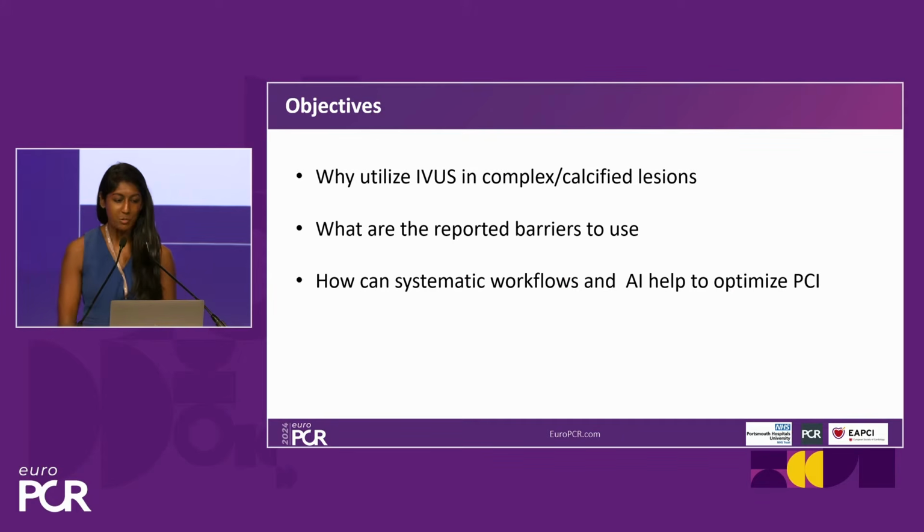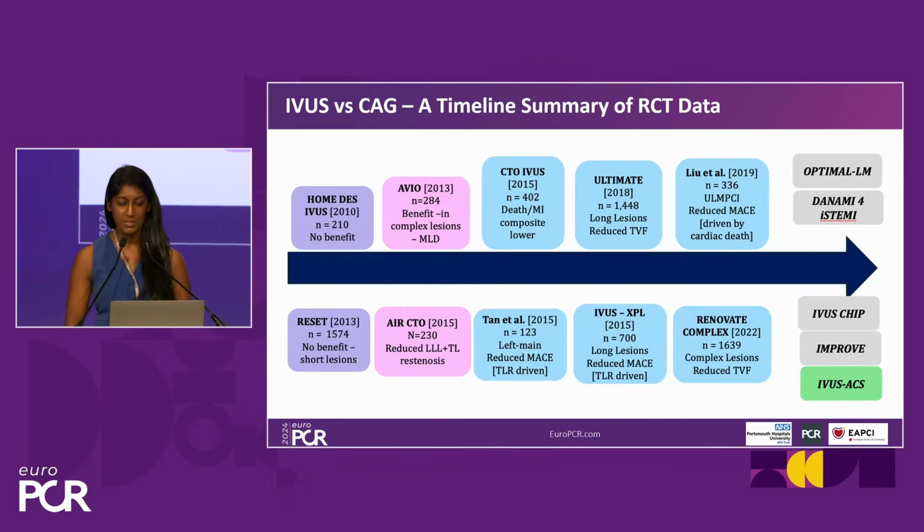So our objectives are to briefly look at why we should utilize IVUS in complex and calcified lesions, briefly touch on what the reported barriers to use are, and look at how systematic workflows and AI can help us to optimize our interventional procedures. So very briefly, this is slightly crowded, but just to take you through a timeline summary